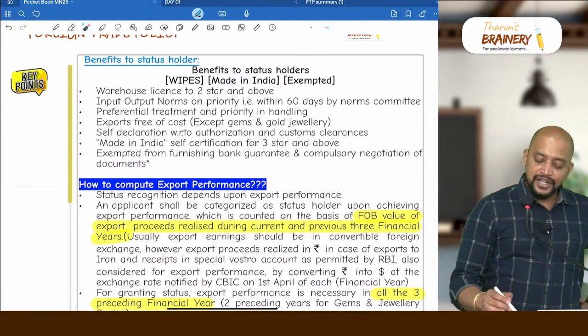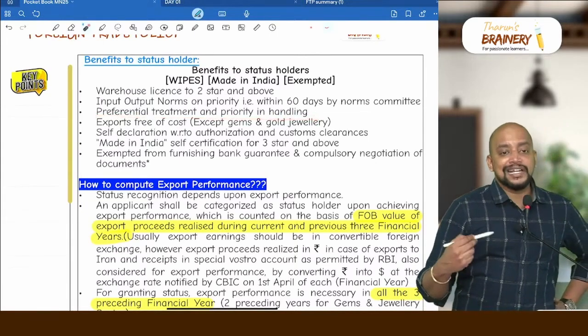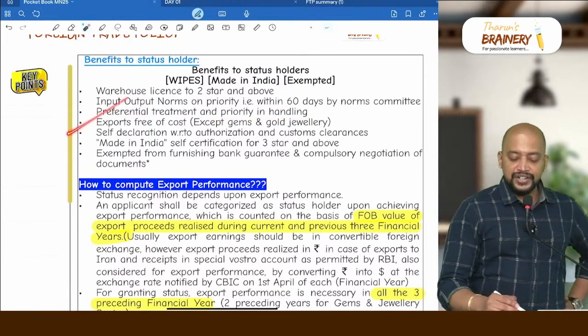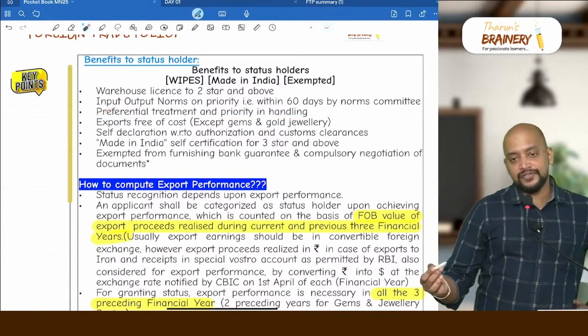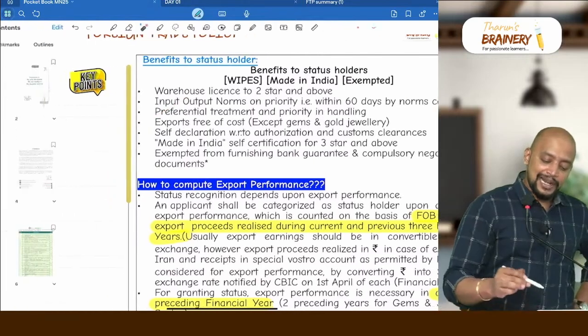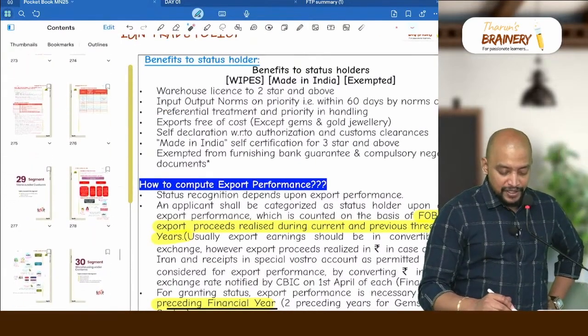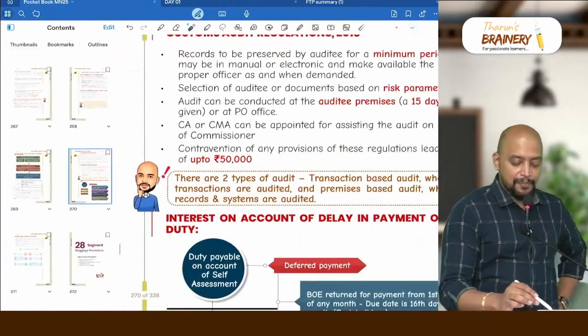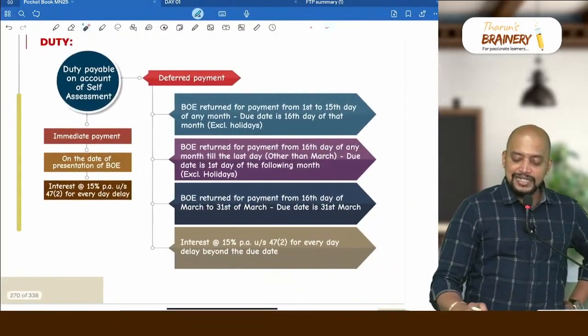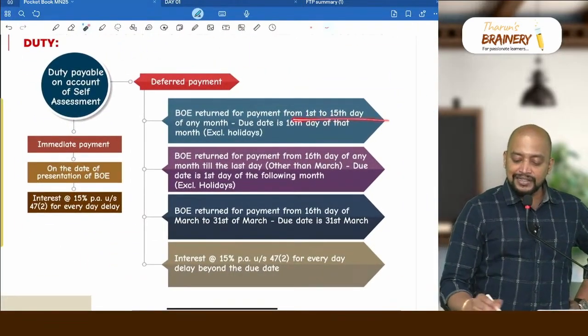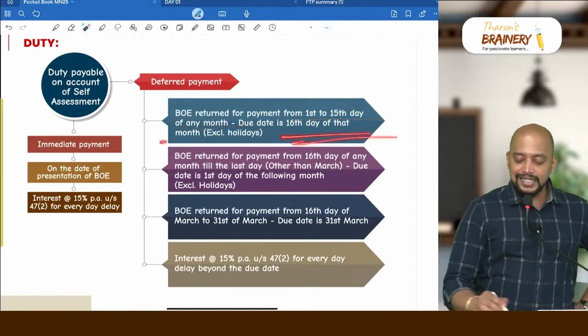Okay, so preferential treatment and priority in handling. The preferential treatment includes deferred payment of customs duty. So these two people can opt for the deferred payment of customs duty. If they opted for deferred payment of customs duty, when will they pay customs duty? If the bill is returned from 1st to 15th day of any month, due date is 16th day of that